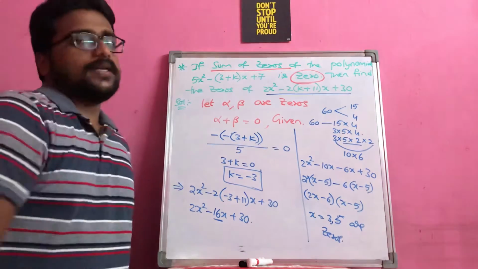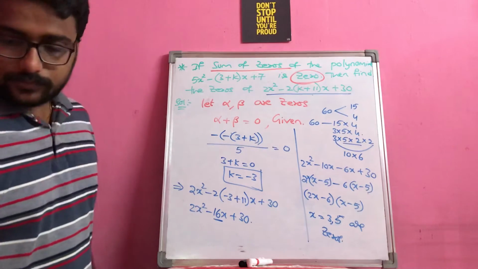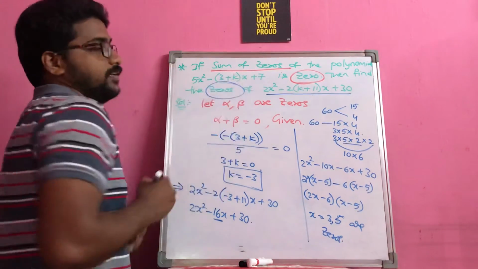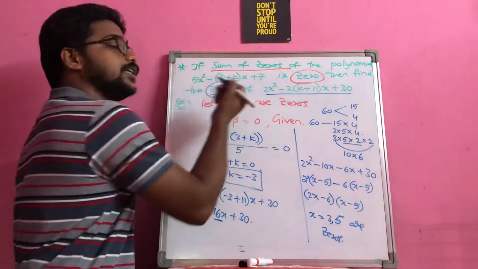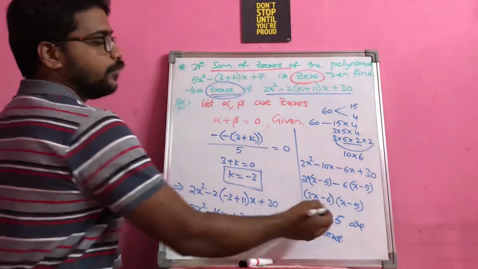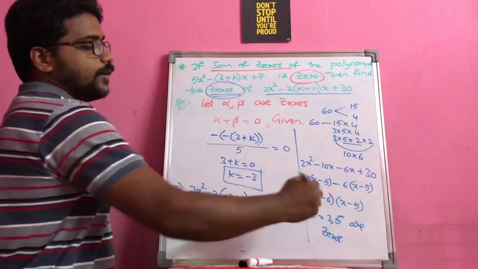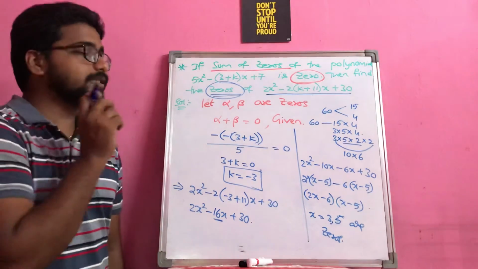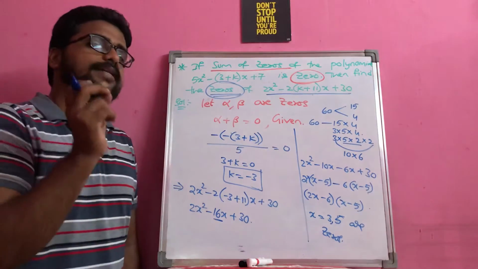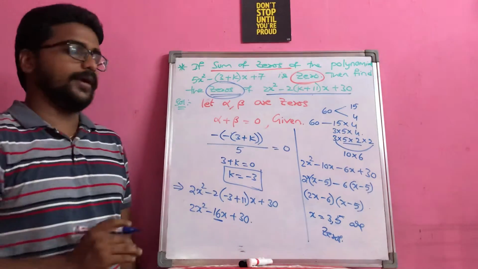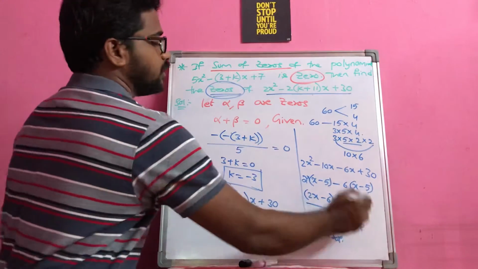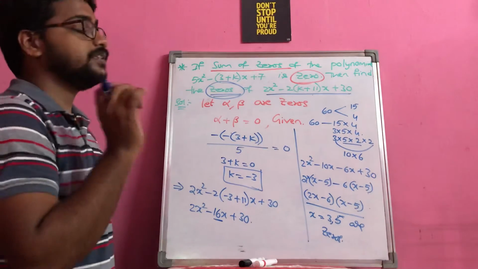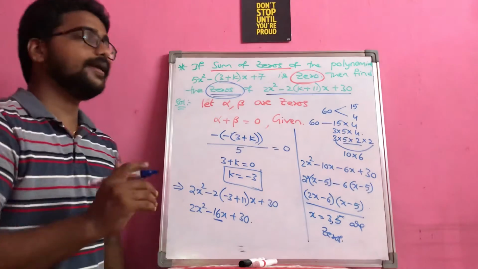One important point that you have to notice here: in this question they are not asking you to find the factors, they are asking you to find the zeros. That is why we equated this term to 0 and we got 3 and 5. For example, instead of asking for zeros, if they say find the factors of this polynomial, you can end your answer here itself, because they are just asking for the factors, not the zeros of the polynomial, right?